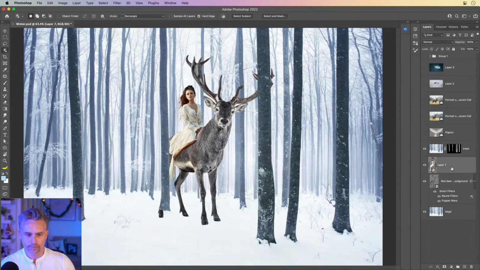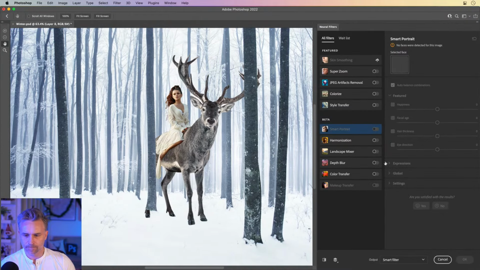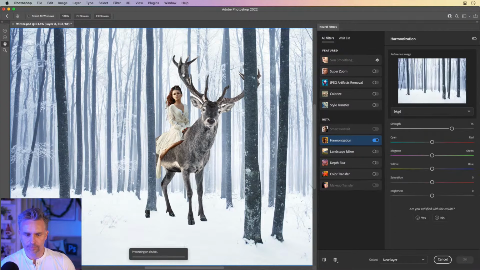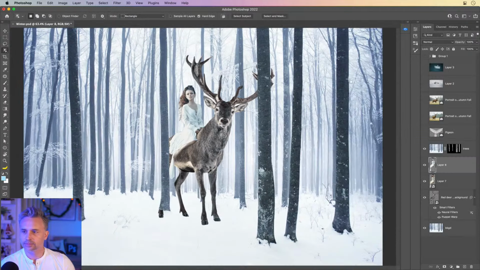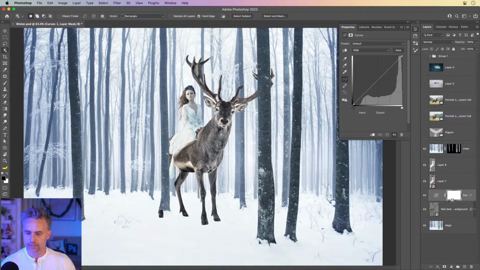There we are. We'll do the same thing with her. Do your thing. Yeah, sure, that works. Done. But not quite. Because again, I wanted to work on the brightness and contrast right in here. I'm going to use curves, clip it to just that red deer, and start to play with this a little